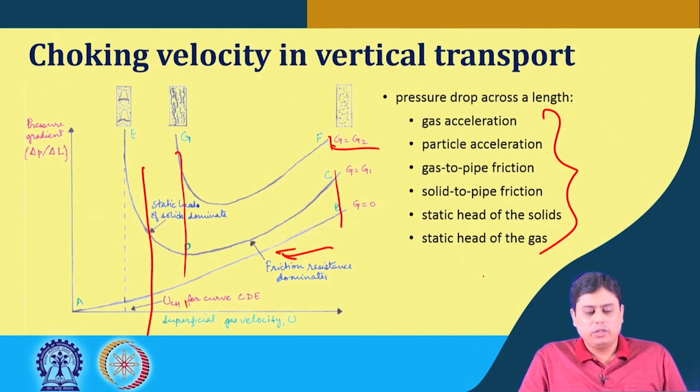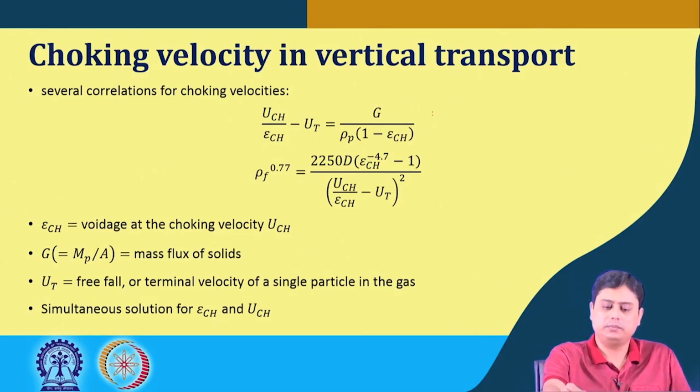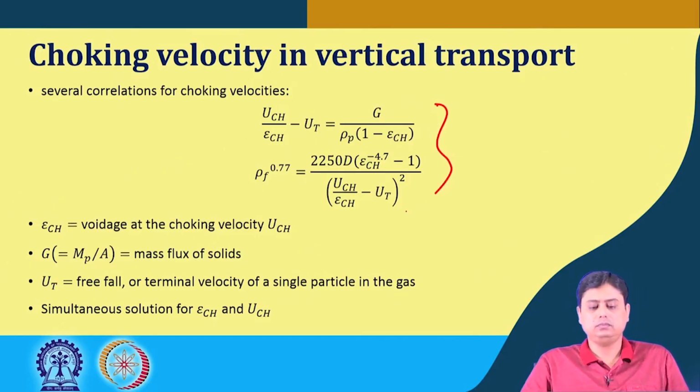Now, which means prediction of choking velocity is important, but unfortunately there is no such critical or theoretical development on the choking velocity. There are several experiments, several correlations that have been proposed for choking velocities, and one of such is given here. Where you see U_Ch is the choking velocity, epsilon Ch